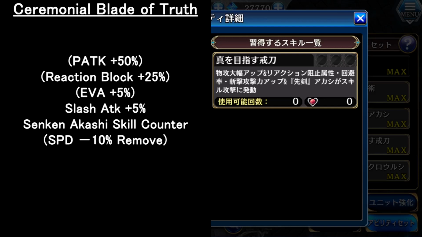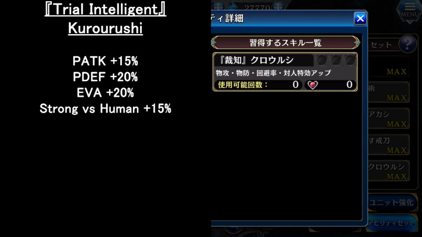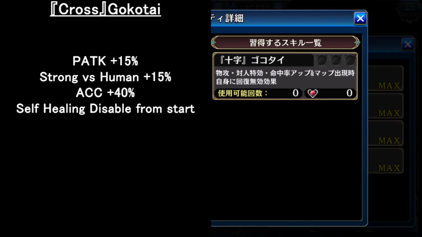And then for the next passive, it increases the physical attack, physical defense, evasion up, and strong versus a human. So this passive is also very good since it increases the physical attack as well as strong versus a human and evasion up. But there's one more new passive you can consider, which is from the new job plus, which is this one. Well, it also increases the physical attack and strong versus a human, and then with the accuracy up,